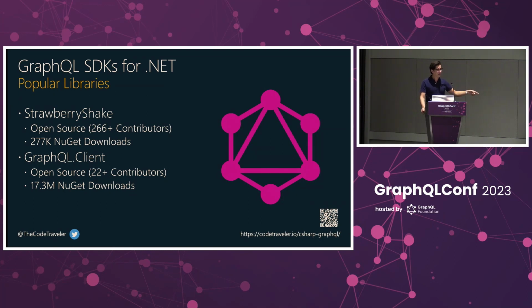So the new one is called Strawberry Shake, and we're really lucky to have this library as C# developers because, like I said, not only is it the most performant library for .NET, but it also outperforms similar client libraries for like Python, Rust, JavaScript. GraphQL Client still works really well. It was the first one. It came out back in 2017. Strawberry Shake, I think, debuted in 2021. So GraphQL Client's got a bit of a head start,